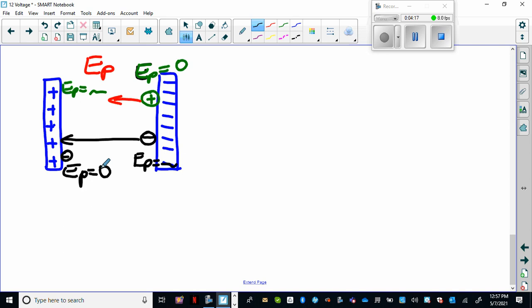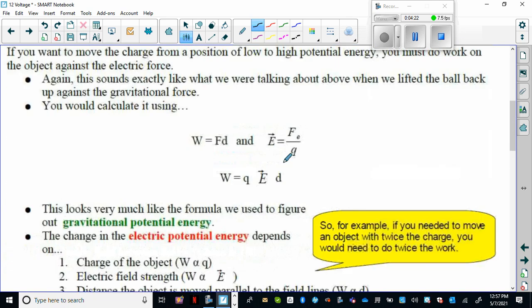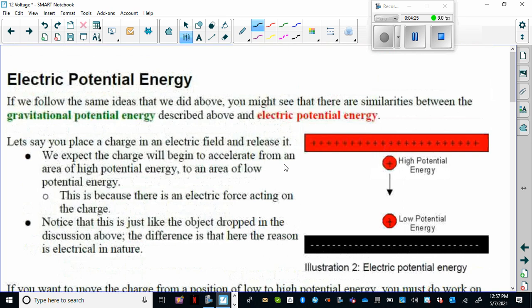So I just wanted to do those with vertical plates just so you don't get them confused with gravity. Gravity, of course, does play a factor, but it is such a minor factor. If we look at this example that's in your notes where we have a proton and at the top here it has high potential energy, not because it is above the plate, not because of gravity, but because it is being repelled by the positive plate here, right? And the positive plate repelling that positive charge, let's say it's a proton, is going to be infinitely stronger than the gravitational